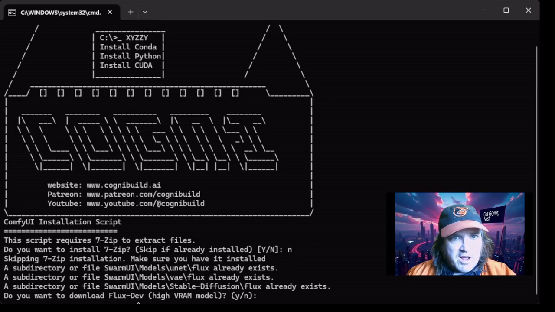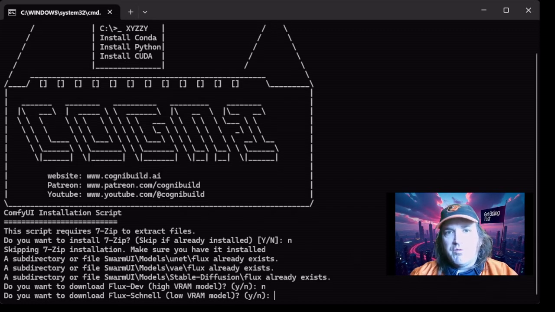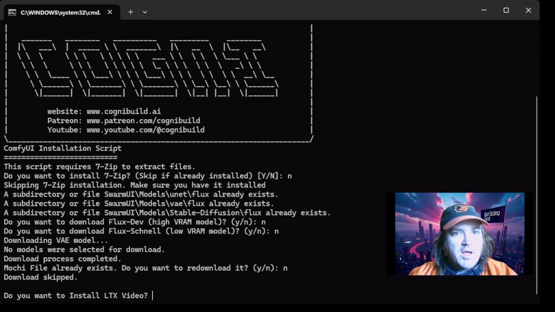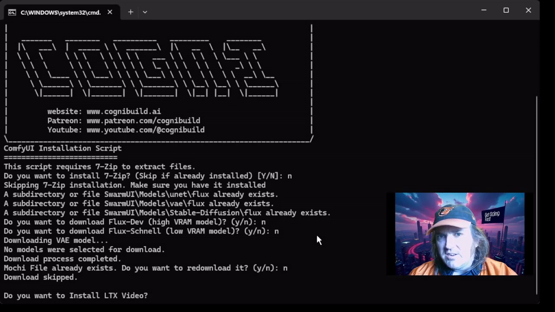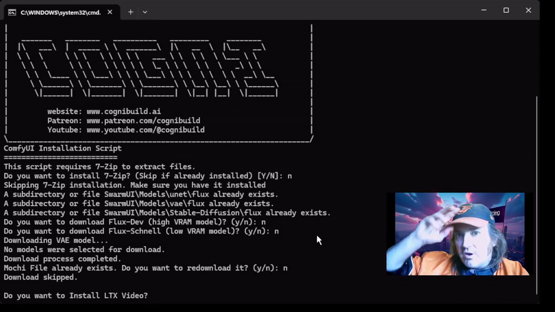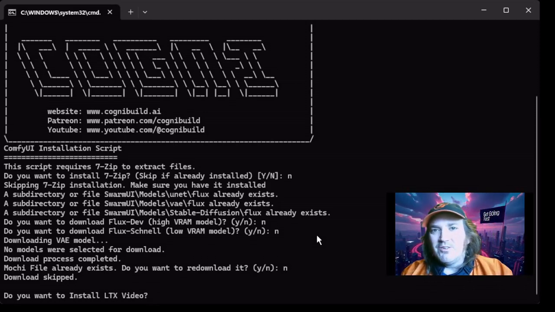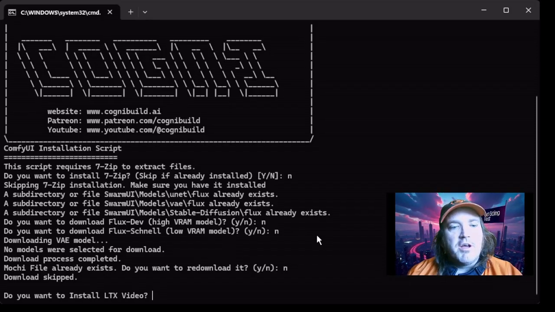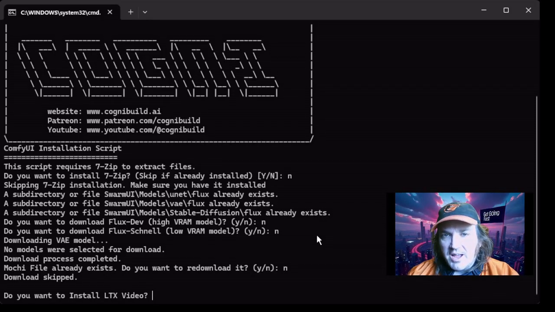So do you want to download the Flex models? We'll just say no, because let's assume we've already got all this installed. We don't want Schnell. We don't need Moki. And here's where we're going to click, do you want to install LTX video? Now I'm not going to click yes because it'll start to download these large models again, which I don't need to sit through, but you're going to click yes, and then it's going to start